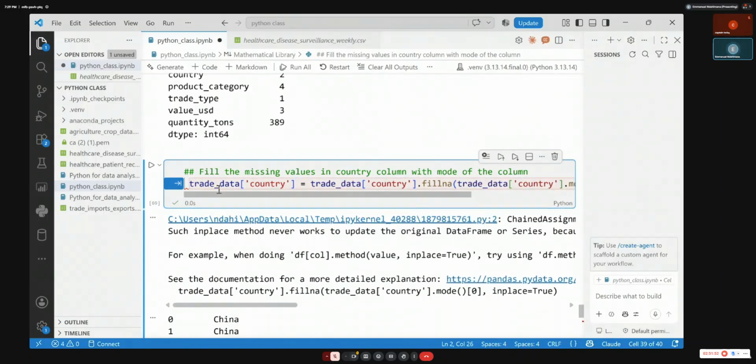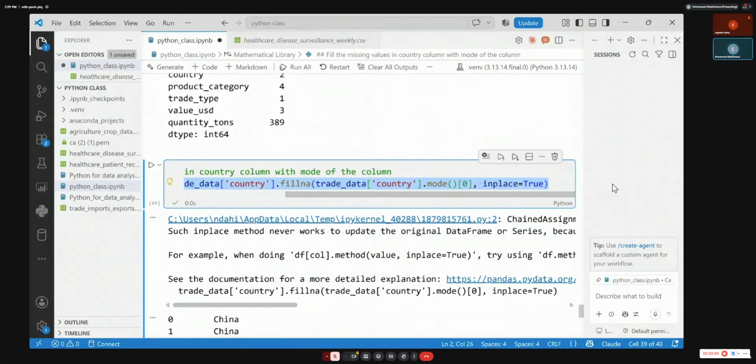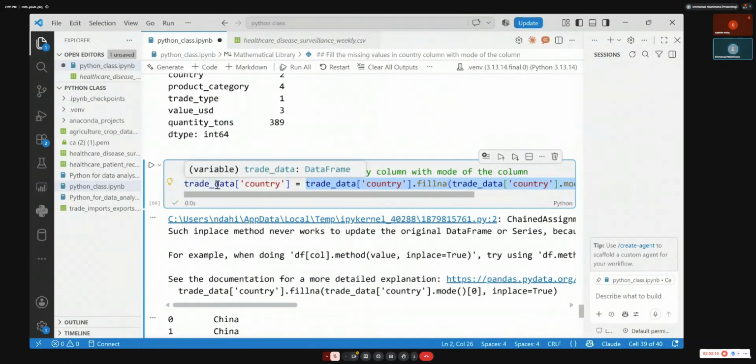That simply means you are taking the existing column called country and replacing it with the country that already has the missing values replaced. So before everything that we had, you put trade data country equal to it. That tells the existing country to be replaced with this country we are computing.